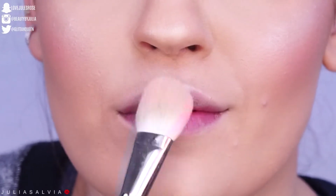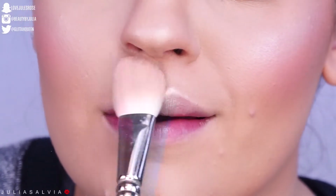I wanna show you guys a couple of tips and tricks on how I get my lips looking nice and plump without actually doing those injections, because needles are not for everybody and they're not for me. First of all, our Cupid's bow always needs to be